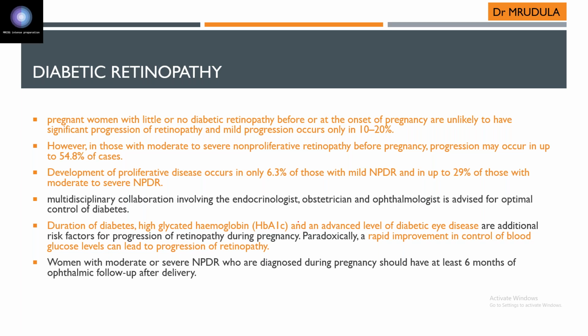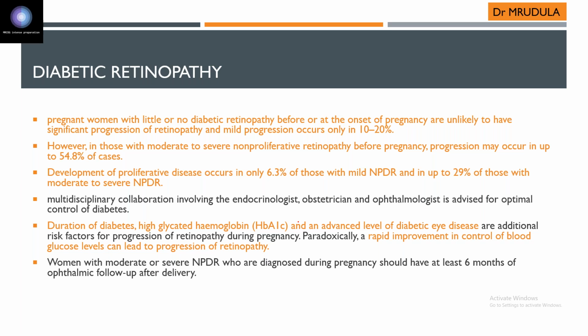And development of proliferative retinopathy occurs in 6.3% of those with mild non-proliferative and 29% of those with moderate to severe non-proliferative. So progression can be mild to moderate or moderate to severe, or from non-proliferative to proliferative. So these are the different percentages for this. So for treatment of diabetic retinopathy, multidisciplinary collaboration is required, which should involve endocrinologist, obstetrician, ophthalmologist, okay,